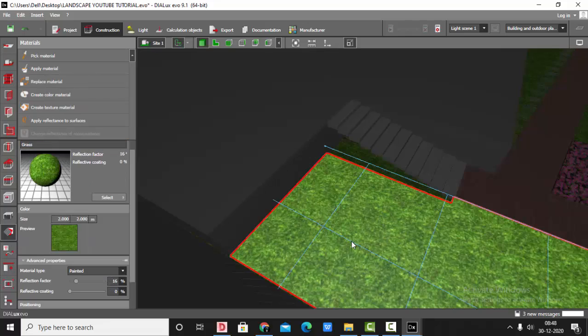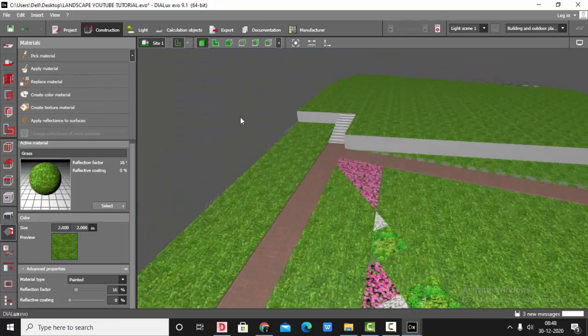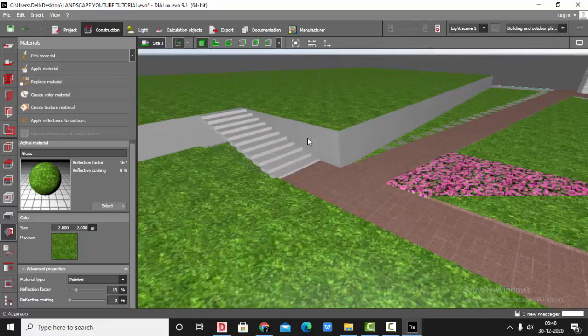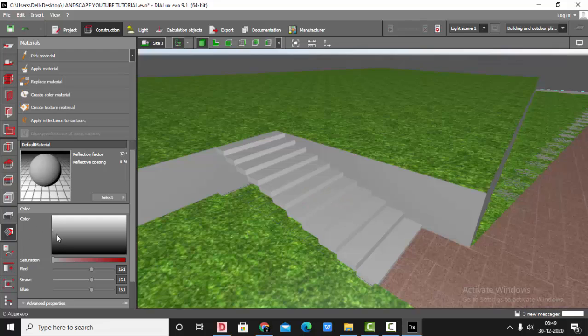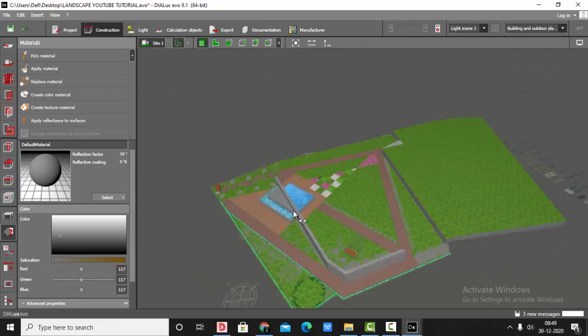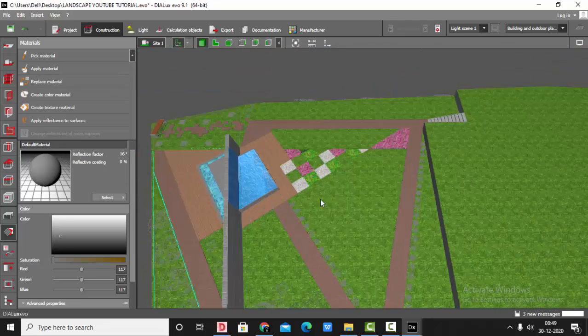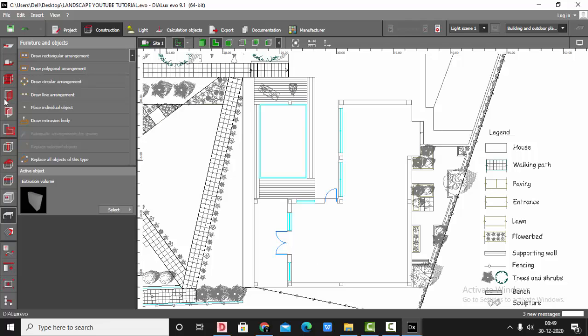Give the texture to it. Apply material. Here you can have the same texture. We will make it something in a gray kind. You can't replace the material for this one, so you have to just apply it. Save the drawing. Then we have one building here, so we'll go to the